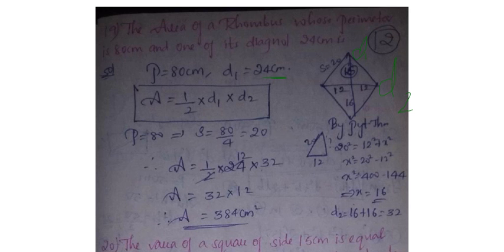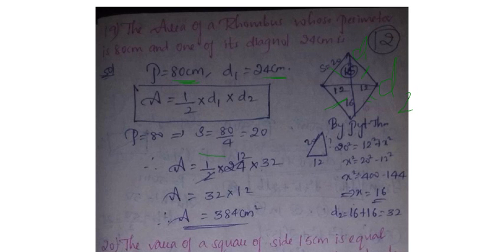When we get one side, and here they have given what? Perimeter is 80 centimeters, right? Perimeter means the whole boundary. So this rhombus is there, 1, 2, 3, 4 sides. All sides together they have given 80 centimeters. One side means how much? Total there are 4 sides. So total is 80. Perimeter equal to 4 into side, as you know. Side equal to 80 divided by 4. 4 sides, no, 1, 2, 3, 4. 80 divided by 4 is what? 20. So each side is 20. That means this is 20, this is 20, this is 20, this is 20.